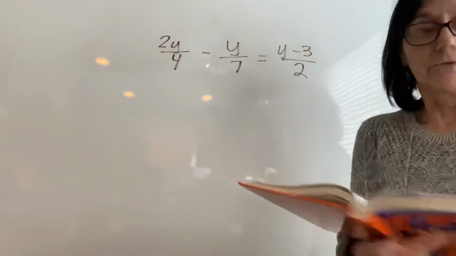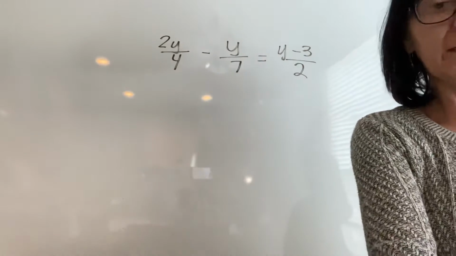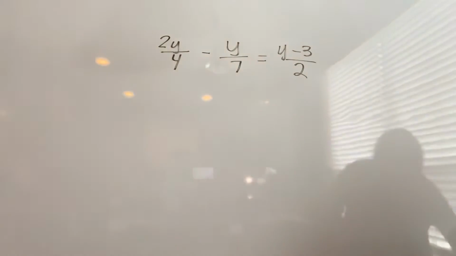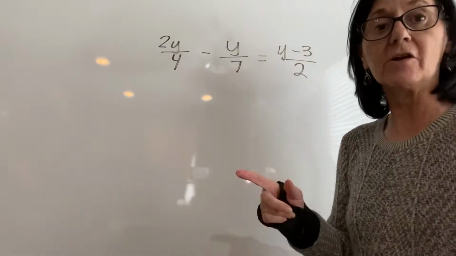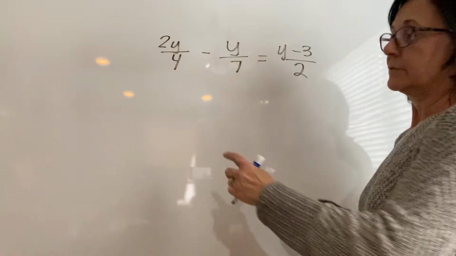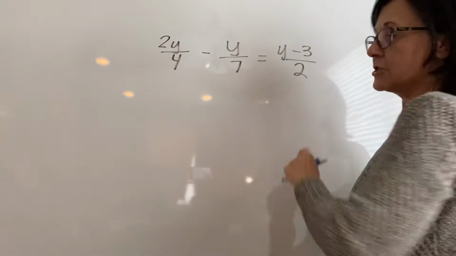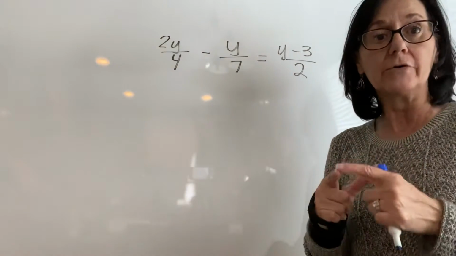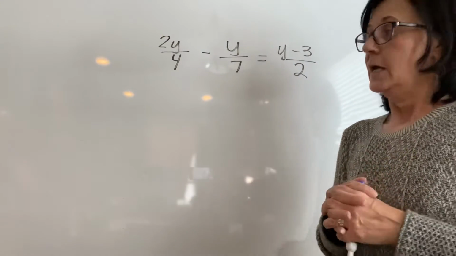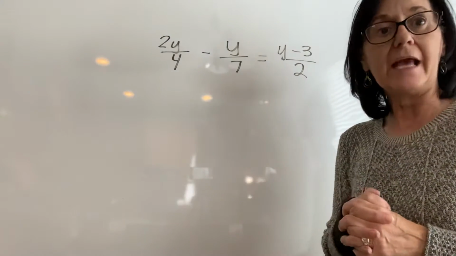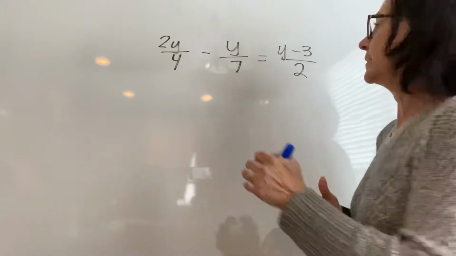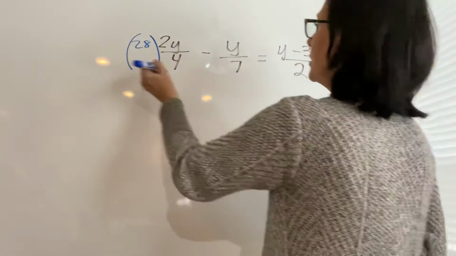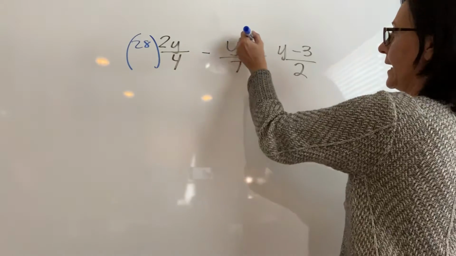All right, the rule is, if I have an equal sign, I am eliminating the denominator. I will eliminate the denominator by multiplying every term by what would be the common denominator. So I look at 4, 7, and 2 and ask myself, what's the smallest number that all of those go into? And it would be 28, I do believe. All right, so I'm going to multiply every term by 28